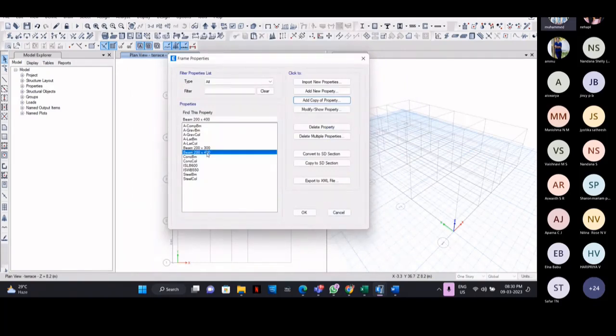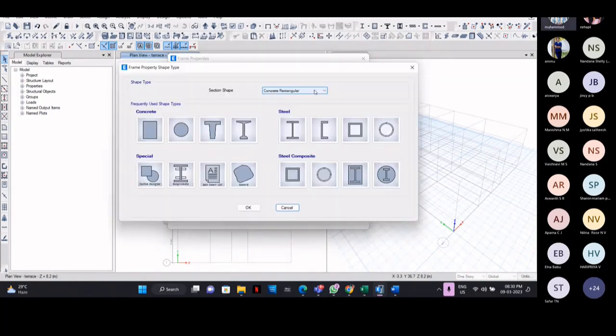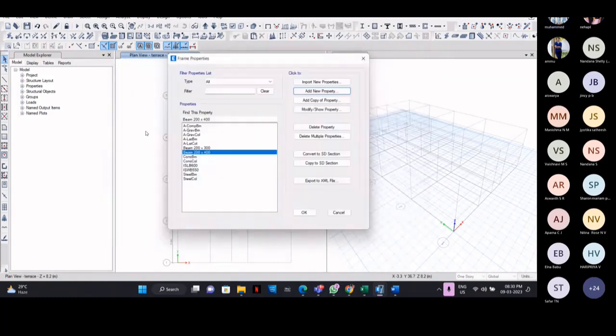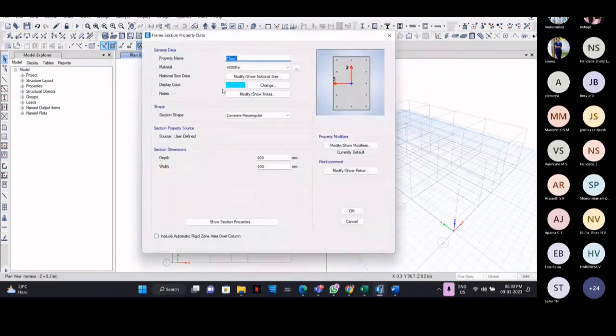Now we need to provide column sections. Add new property. For a residential building, we can provide a column width of 200 as minimum. But when it comes to commercial or high-rise buildings, according to the code, we need to provide at least a 300 mm dimension. So column for a residential building, let's say 200 by